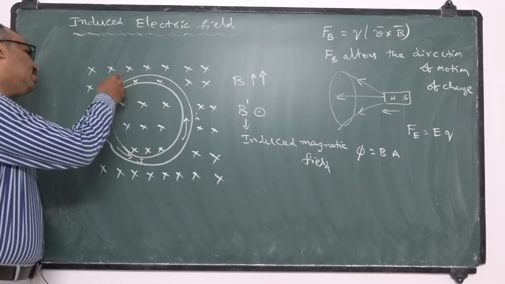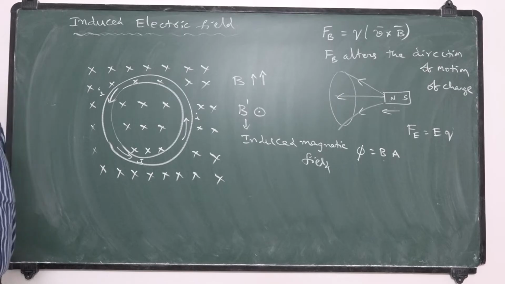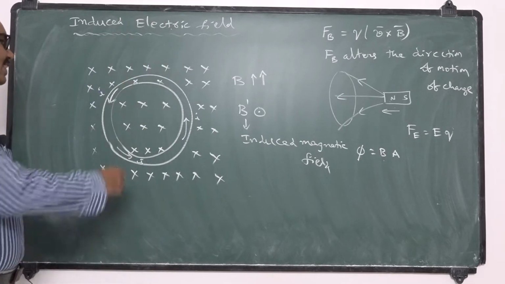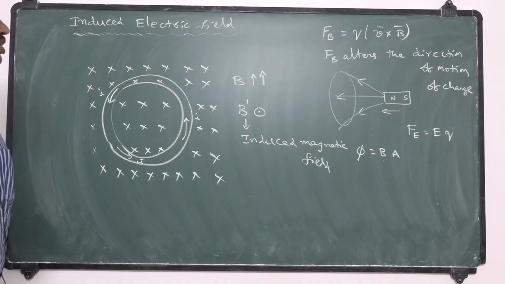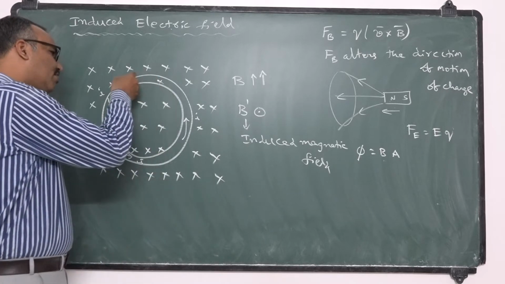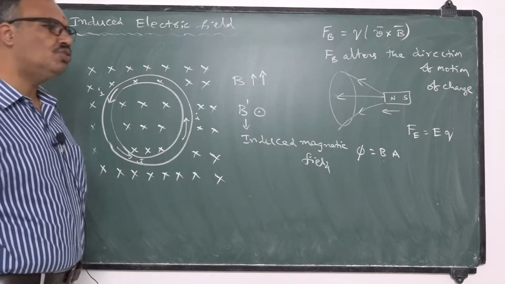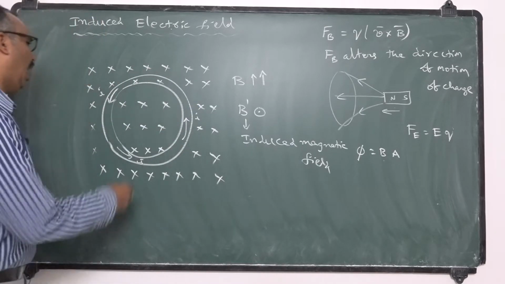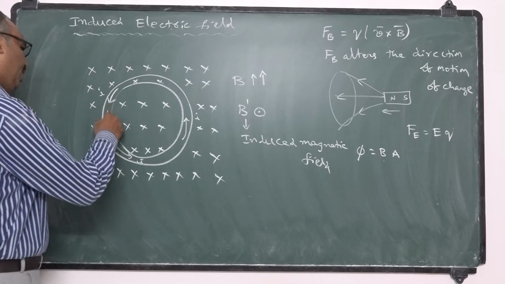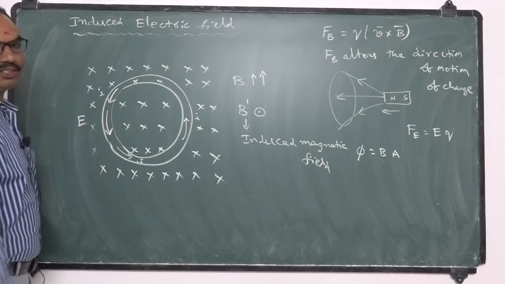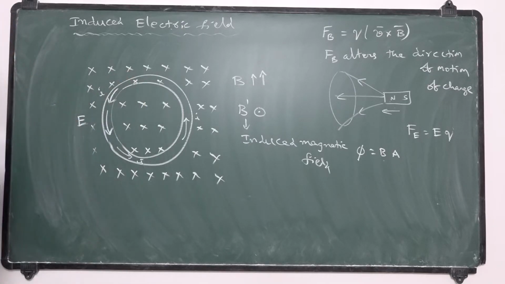That means here the charges are moving, so they are associated with some electric field. The electric field associated with the motion of charges is called the induced electric field, since this current is an induced current. So the induced current is driven by the induced electric field. This induced electric field is along the direction of the induced current. So here the electric field is in a circular shape, having an anti-clockwise direction. Here E bar is like this.